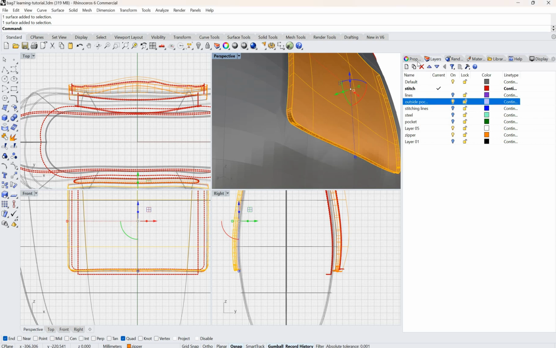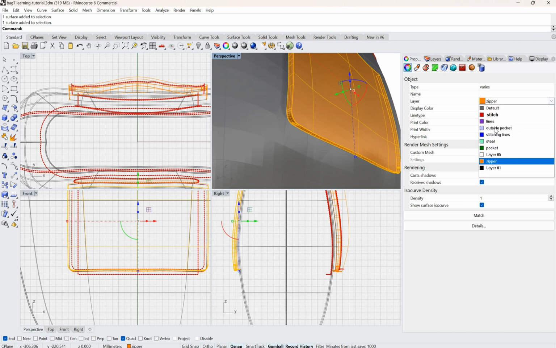So I'm just going to take this, go to properties panel and go to outside pocket. So this is purple,